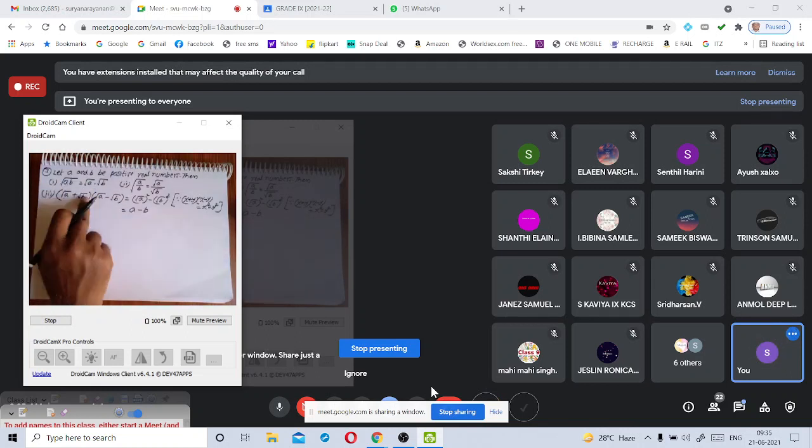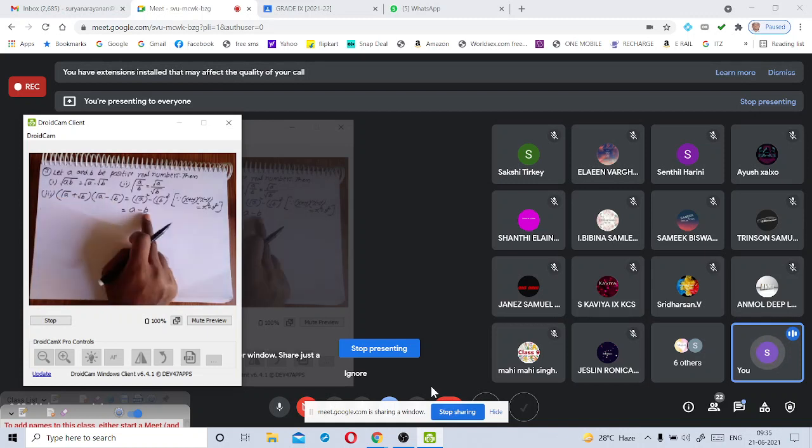Actually, root a plus root b is an irrational number. Previously, we have discussed in the last class that the sum of two irrational numbers or the difference of two irrational numbers is also an irrational number. So this is an irrational number and this is an irrational number. But the product of these two irrational numbers is not an irrational number. There is no square root sign, there is no radical sign. So this is called